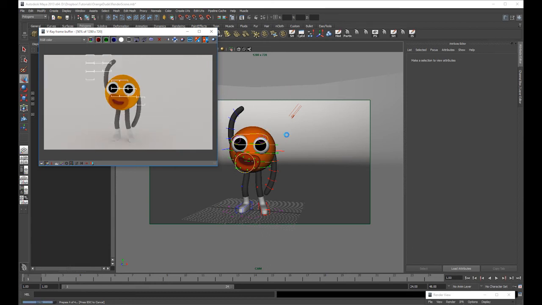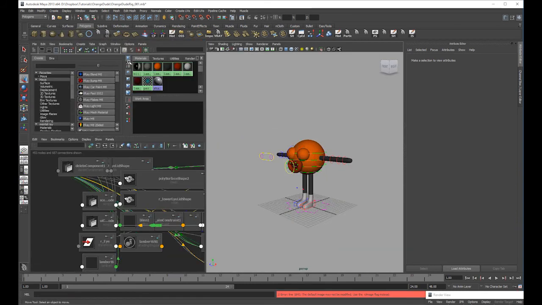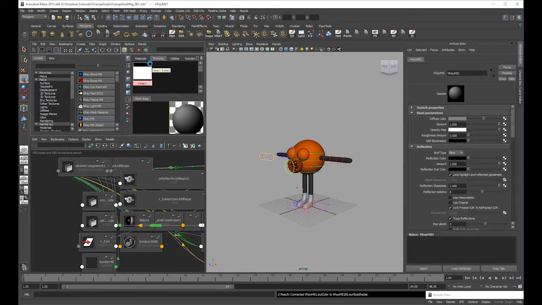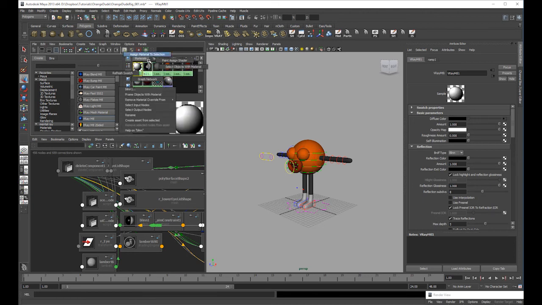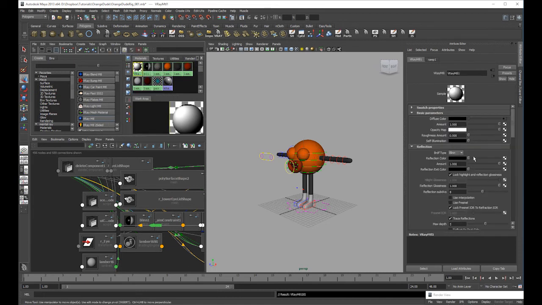I can't see the boots almost, so let's save this and change a couple of things, because I also want the eyes to have a highlight. I'm gonna create a V-Ray material, hook up the ramp texture into the diffuse color of the V-Ray material, select all the objects with the original eye texture, and assign the V-Ray shader. Then I'm gonna give it a reflection color, and the amount is gonna go down,